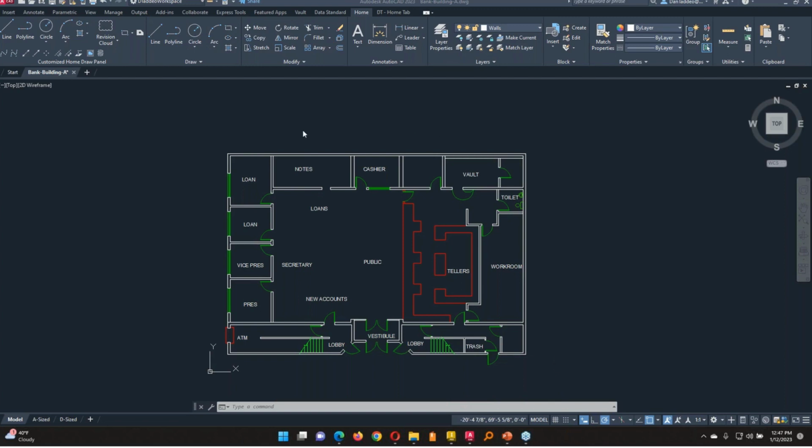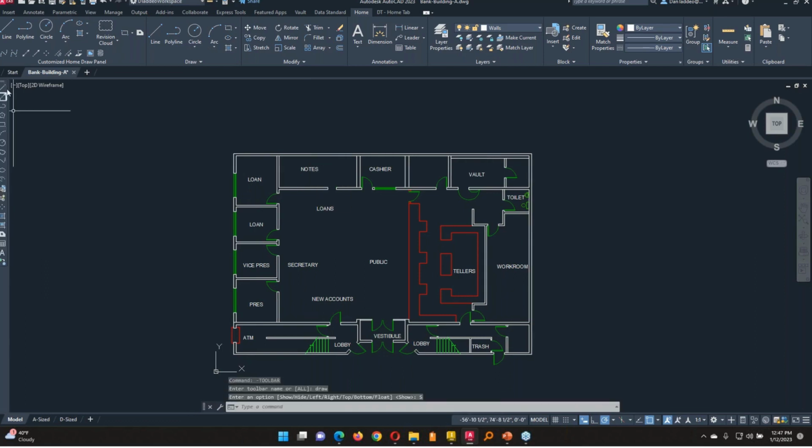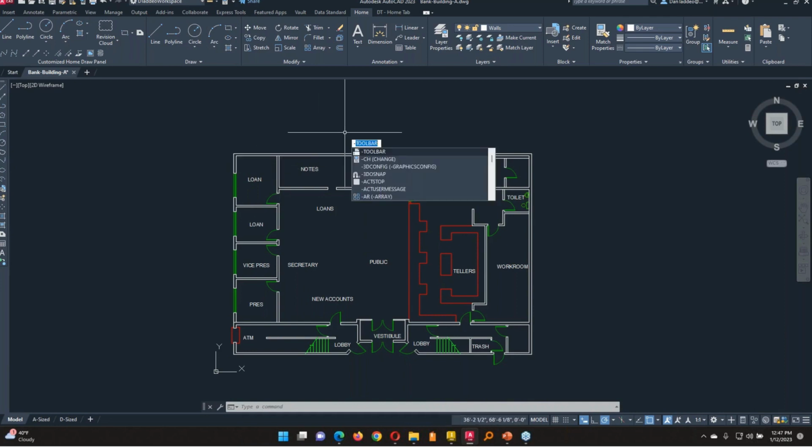You can actually, through the command line, bring up the toolbars or summon them back by just typing in -toolbar. And then it's a matter of knowing the names of them. So if I say draw, for example, I can actually show them. And now there's my old toolbar that's showing up on the left. So what I meant by summoning them is being able to just recall them, bring them back out. But again, that process is just dash toolbar,